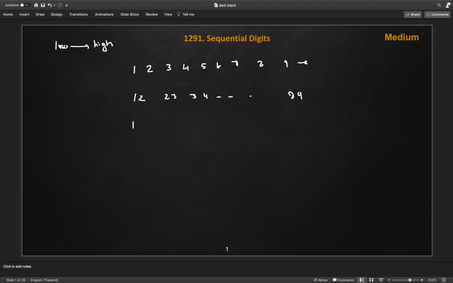After that we will get the 3 digit sequential numbers in the order 1 2 3, then 2 3 4 and so on. Initially we get 9, then 8 and so on, reduced till 1 when we get the last sequential number of all 9 digits, which is 1 2 3 4 5 6 7 8 9.